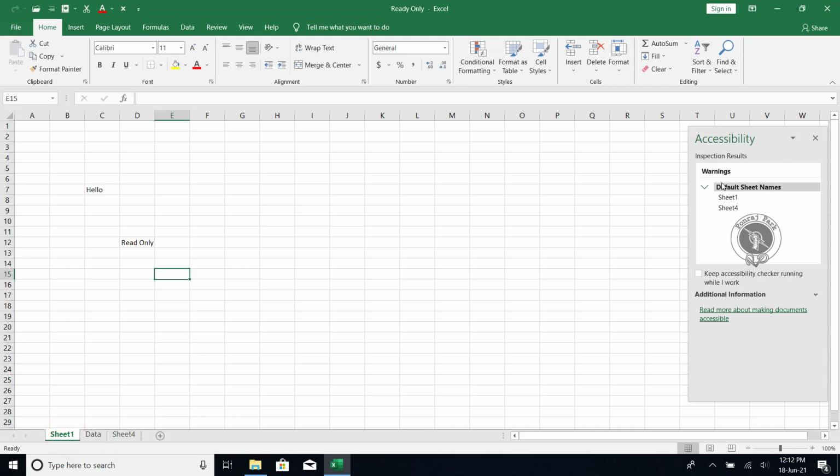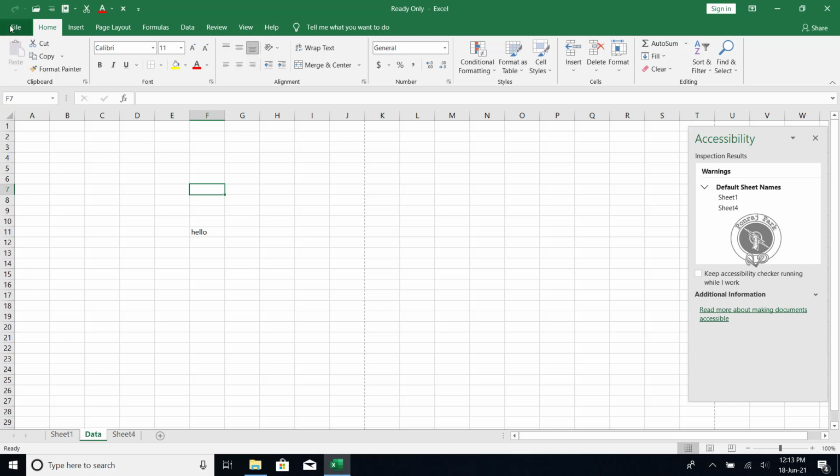You can see here it shows a warning after doing inspection, showing sheet 1 and sheet 4 you have not named properly, so that any disabled person will not be able to easily understand this, because they are mostly unfit, and may be disturbed with some mental issues like that. So we have to give proper names over here. The data sheet I have named data, so here it's not showing a warning, because he can understand that in the data sheet there will be some data. So we should name all sheets properly.